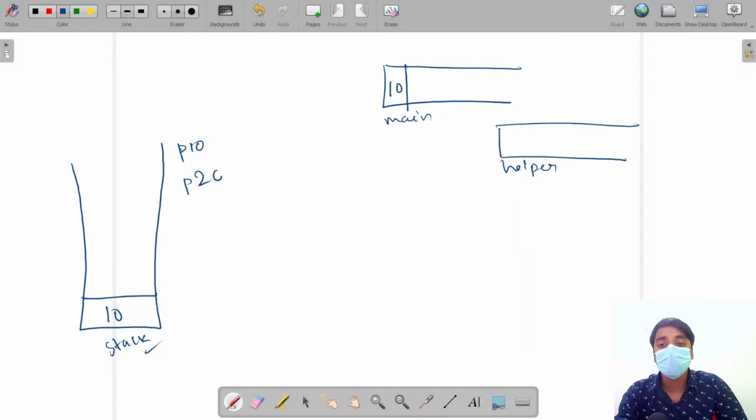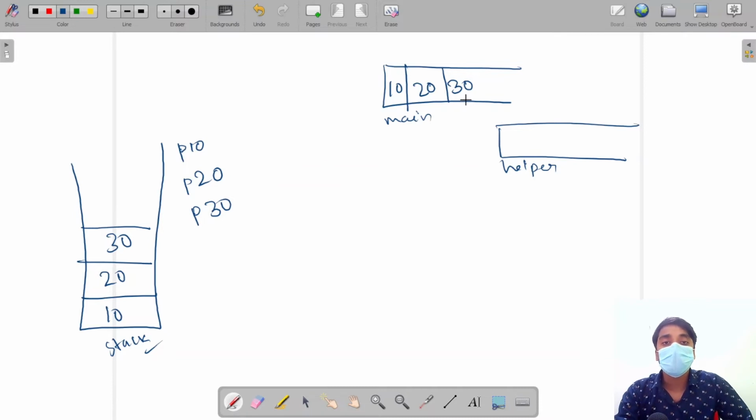Now push 20, it will push the data on the top of the stack, and in the main queue it will be added at the last. Push 30, it will push the data at the top of the stack, and here we add the data at the last of the main queue. Now the push is of one time.